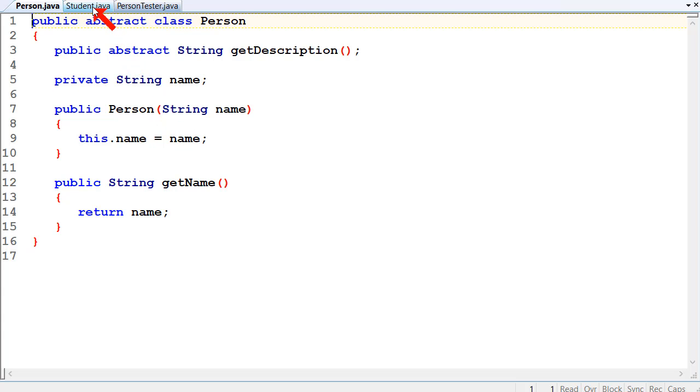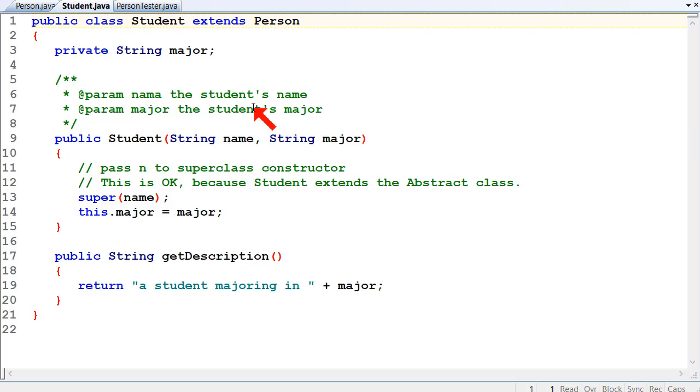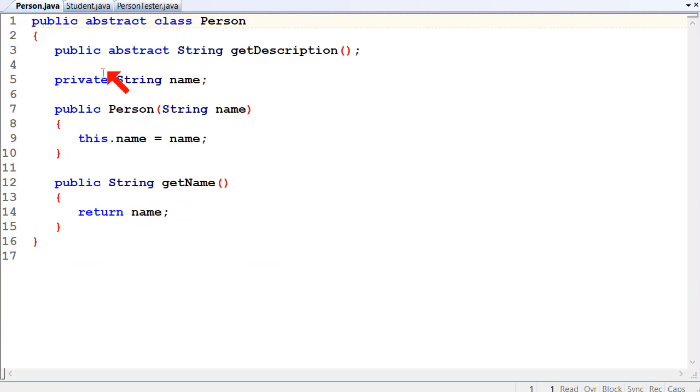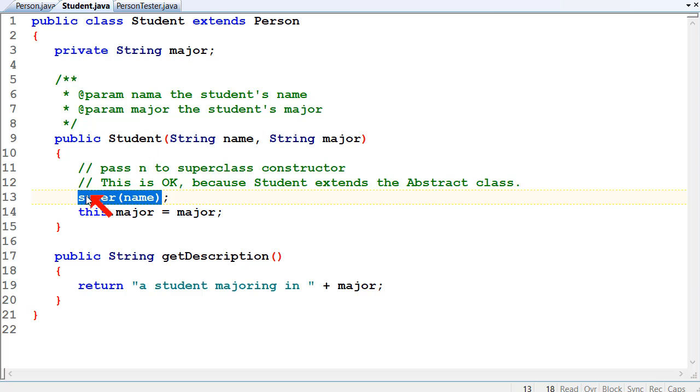So let's have a look at the Student class. The Student class extends Person, so it's a child of Person. We've got an extra field called major, and a parameterized constructor that takes a name and a major, and we're passing the name up to the superclass. In other words, we're saying to the Person class, you know about name, so you're responsible for that field. I'll pass that up to you to take care of and store,